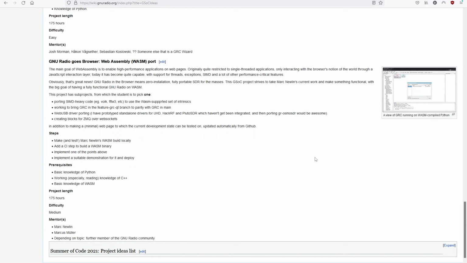I will try and come back at the end of this call with the video, which was recently posted by Mark Newlin on Twitter, showing GRC running a flow graph entirely within a browser. It's a fantastically cool project, and it would be very valuable and useful to take this and push the idea forwards. There's a lot of improvements needed to the Qt-based GNU Radio Companion, and a bunch of development on making sure that this can be run reliably and becomes a more well-supported build option for GNU Radio,